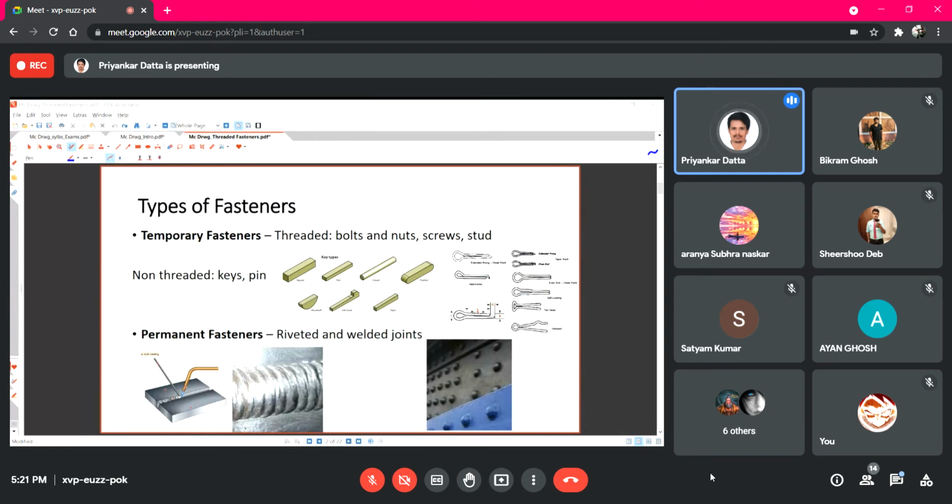But at home there are definitely several limitations for many of you, so that will not be a problem at all. All these things you can draw using scales and compass only, and if you have a protractor, then it will be sufficient. And for paper size, it is your judgment. You have to see how much dimension is required to accommodate all components and the total assembled drawing in a particular sheet. Based on that, you can select either an A3 drawing sheet or an A2 drawing sheet, right?